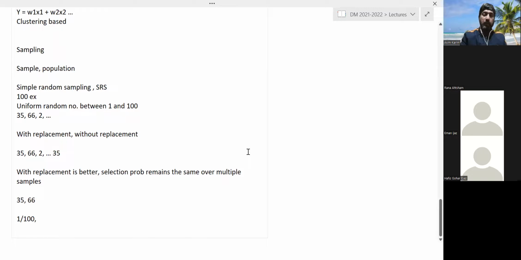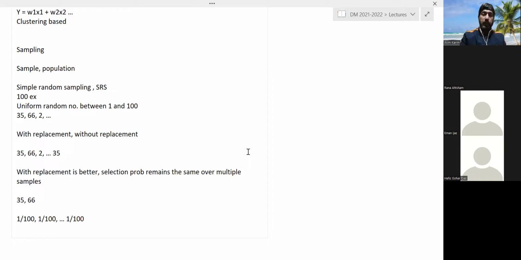The probability of extracting the first example, 35, was also 1 over 100. So the second example is also 1 over 100. Even the 99th example will also be 1 over 100. So the probability for extracting remains essentially the same as you extract more examples from the data set. As such, the extraction is